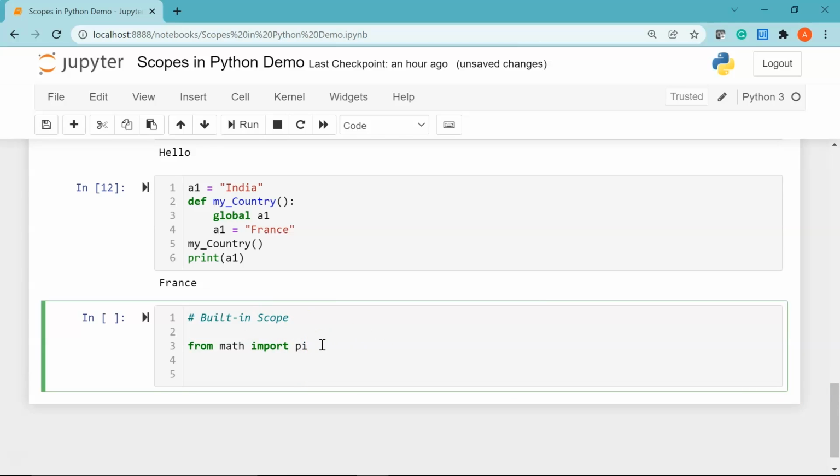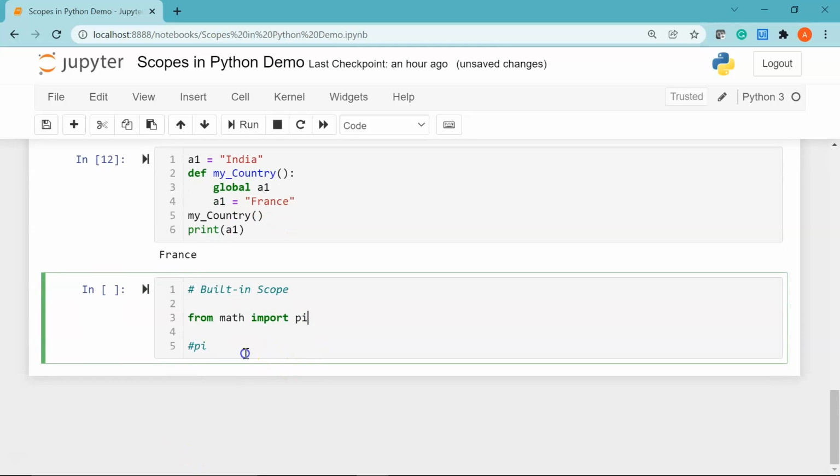Now what I'll do is, first I'll give a comment and create a variable called pi equal to global pi variable. I'll say this is a global pi variable, and then